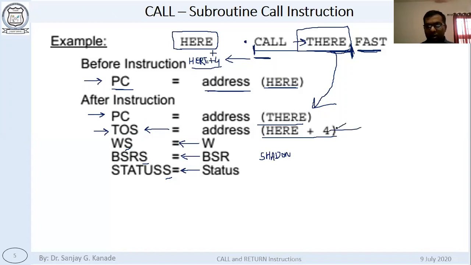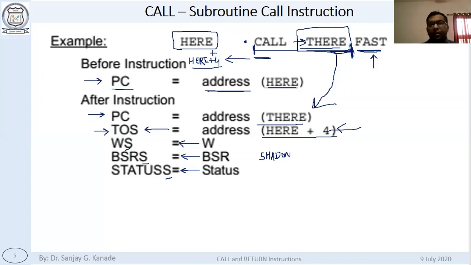Then the contents of PC are automatically changed to have the address of the label where we have written the subroutine which we are calling by the call instruction. If we have also given the fast mode, the working register, BSR register and status register are copied to their corresponding shadow registers.